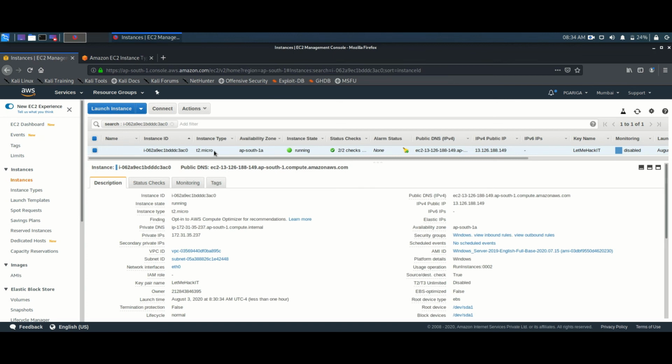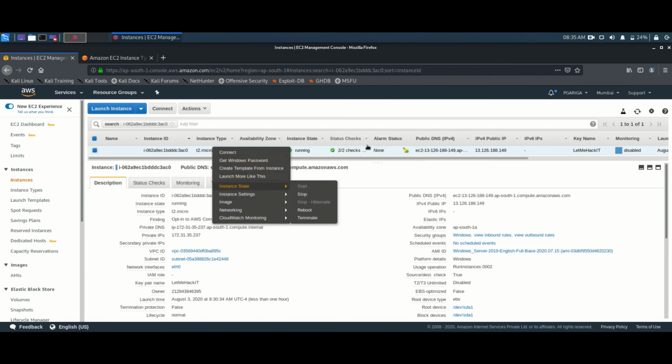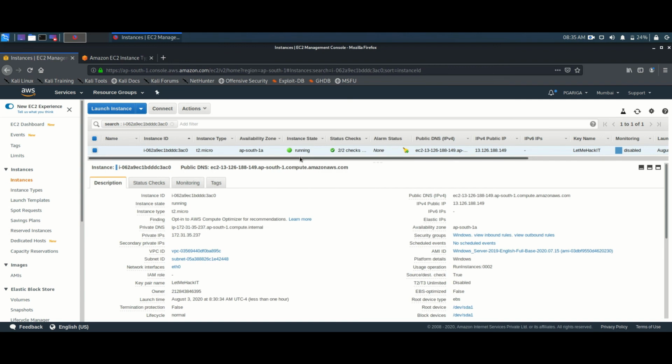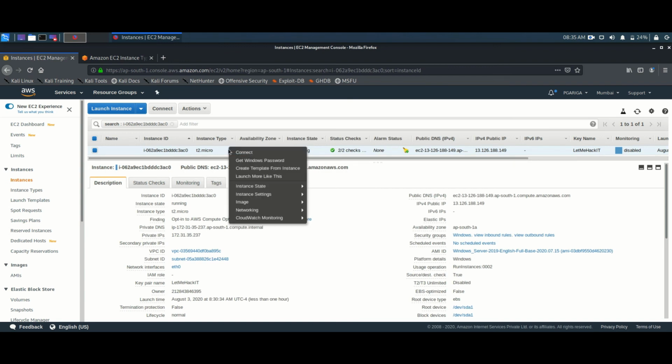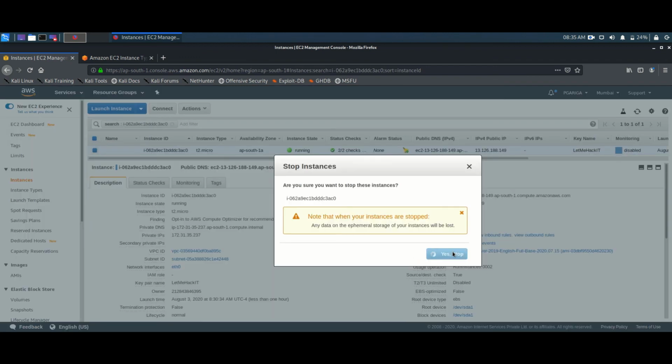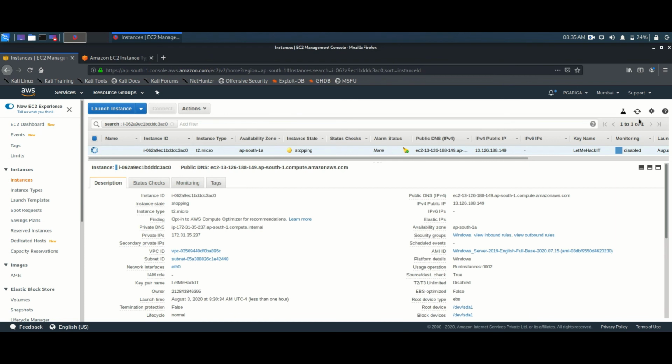So in that type of instance, we are using this instance. How we are using it: if you want to change your T2 micro, if you want to increase your RAM from 1 GB to around 700 GB, what you have to do is just right click here. You have to first stop your instance because it's running. You can see here it's running, and running instances cannot have their hardware changed, you know that. So just stop here, click yes. Now it's been stopped. Let's wait for some time. You can see here it's updating. So let me just click here.